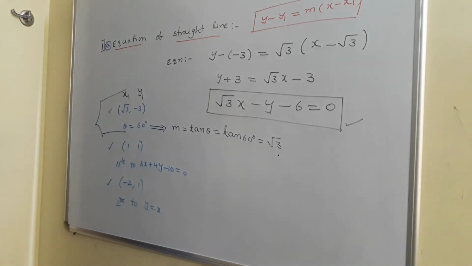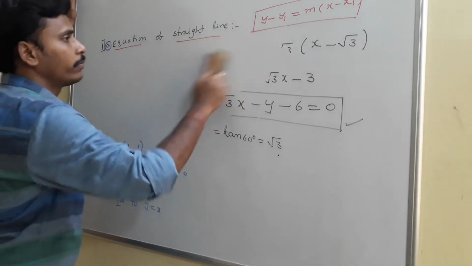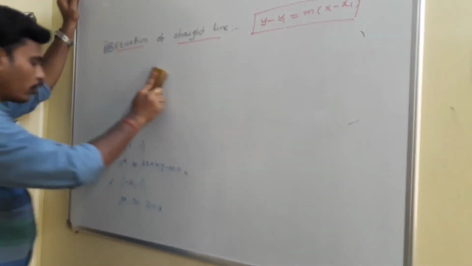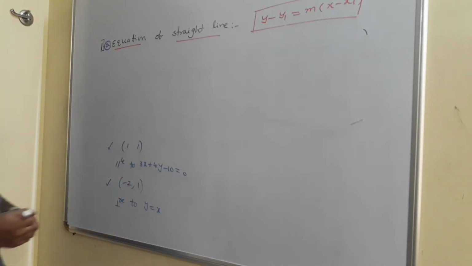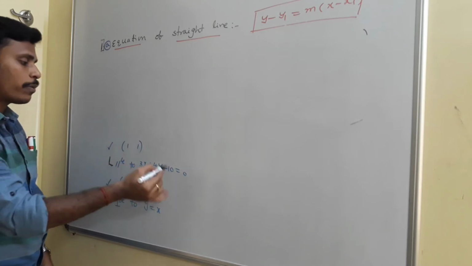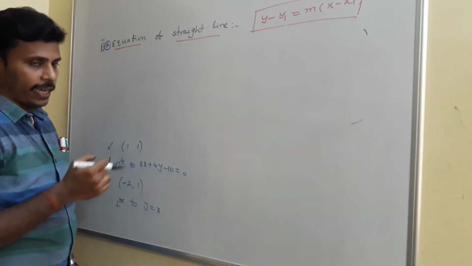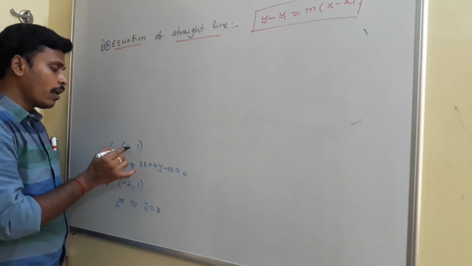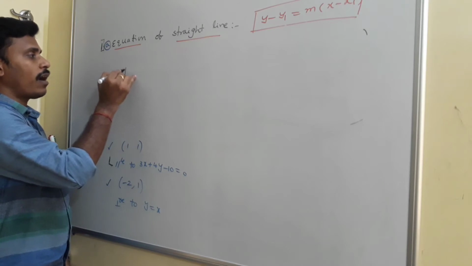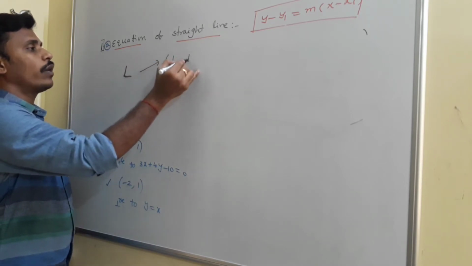Have a look at this. Once again you just try to find the equation we need. Yeah, this is the fourth example, right? 1 comma 1 is given, and the line we are going to find is parallel to 3x plus 4y minus 10 is equal to 0. Now think a while. We are going to find a line, and for that line the given point is 1 comma 1.